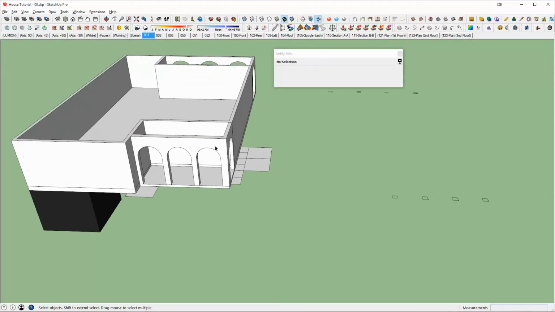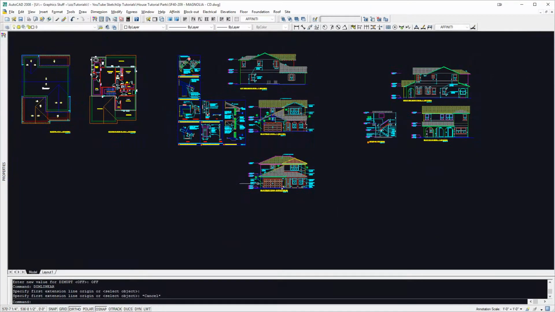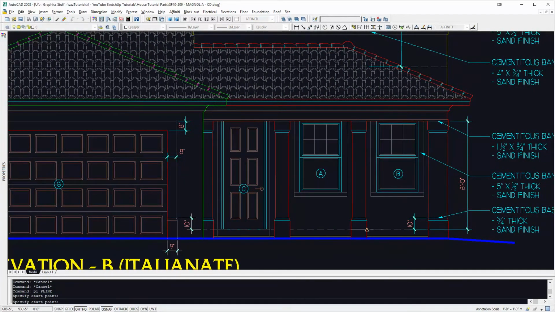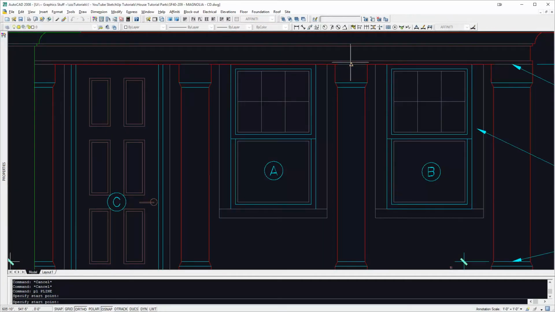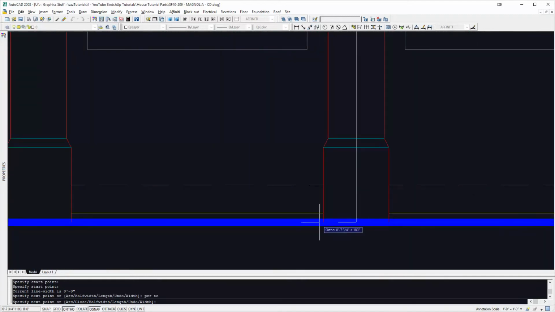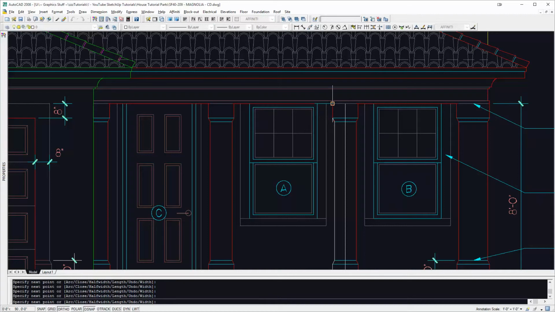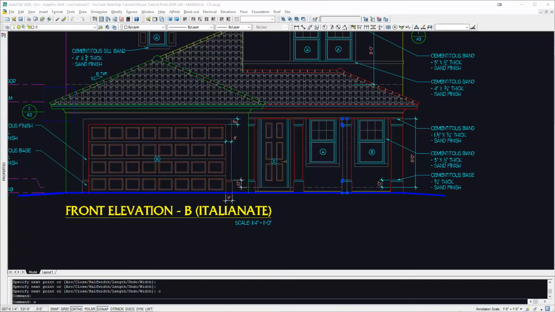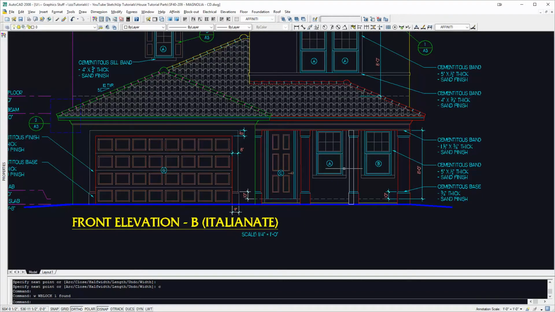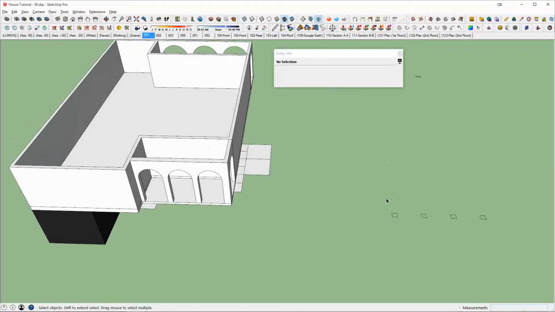The other piece I wanted to show, we were talking about these columns and how this would work. So what I want to do is a quick polyline around to get me the profile of one of these columns. You can see I just basically did a half profile. I'm going to W block this out. And then I'm going to come back, and